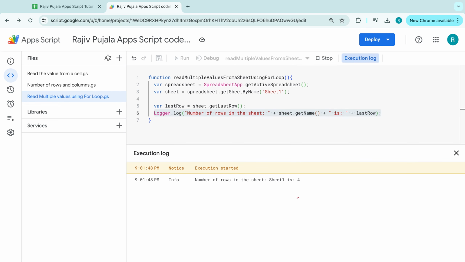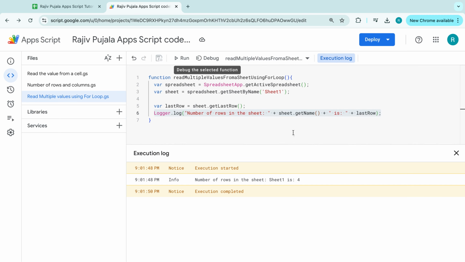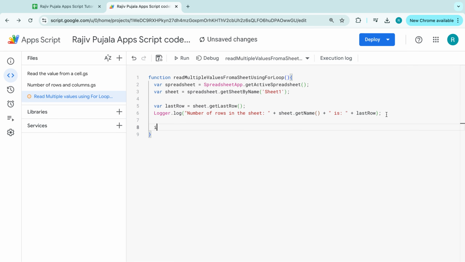Click on run over here. Okay, so the number of rows in Sheet1 is 4. So we have four rows. Now we know how many rows we have to loop through, so we are going to use a for loop. So in case Sheet1 exists,